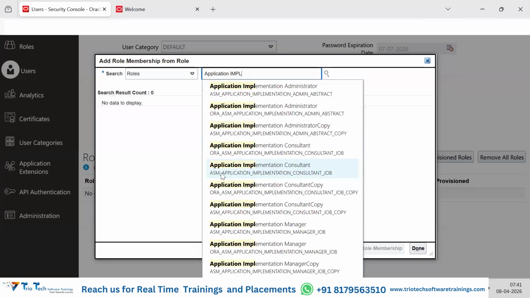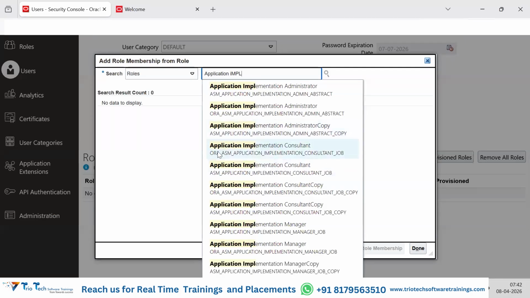So user has created means, can we create custom roles? Yes, we can create custom roles with custom privileges, right? Privileges mean privileges to access various screens or various functionalities, correct? So it is possible to create custom roles also. And we can create a copy of the seeded role also. That is also possible. So if I want to distinguish at any time which is the seeded one and which is the one created by a user as a custom role,